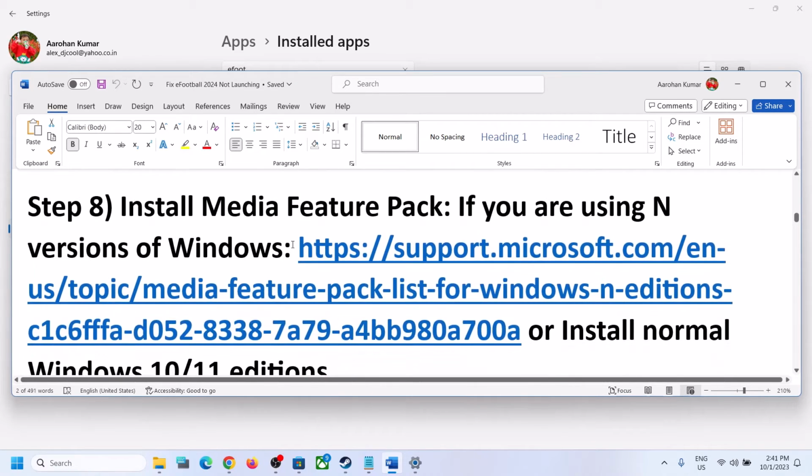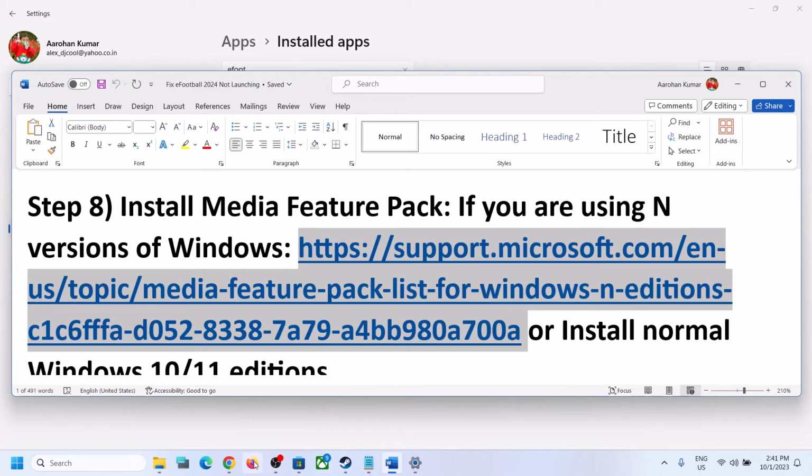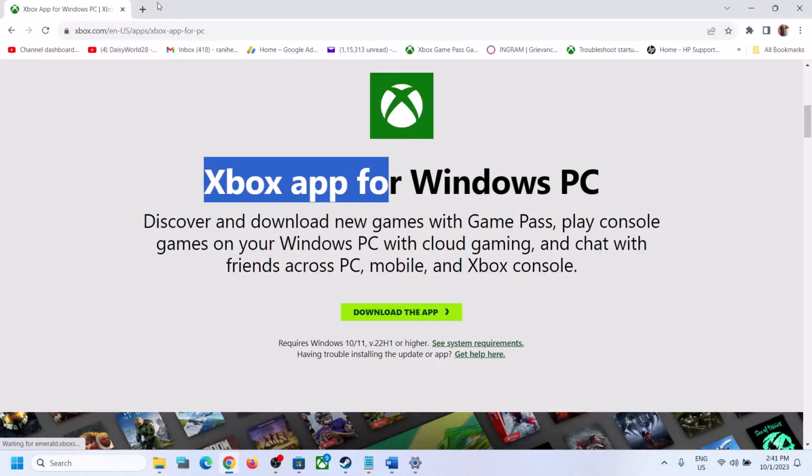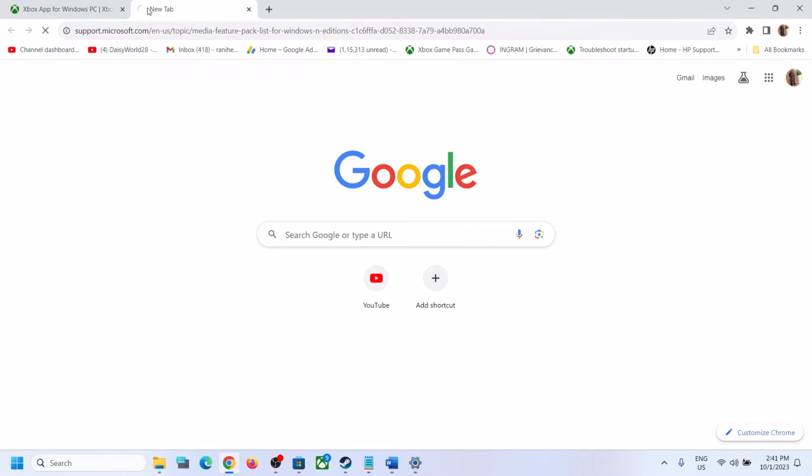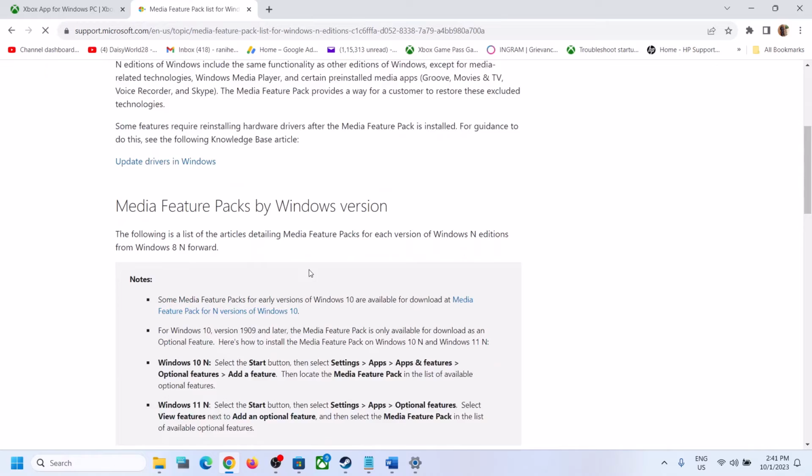Next step is to install media feature pack if you are using N version of Windows, not for home version. This is applicable only if you are using N version of Windows. So you can copy this link. The link is provided in the video description. Open this link in a browser. It will take you to Microsoft website. Over here you can see